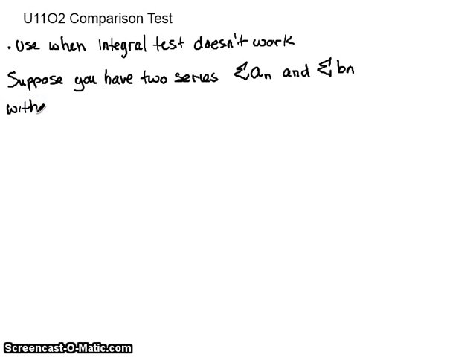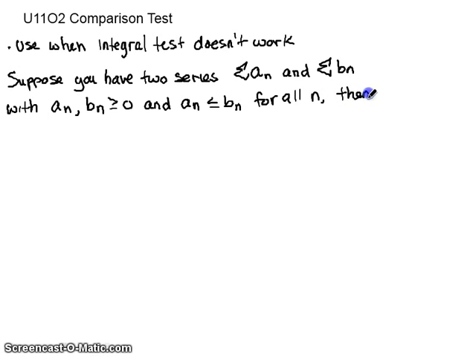And there's a couple of caveats here. We need both a of n and b of n to be greater than or equal to 0, and we want a of n to be less than or equal to b of n for all n. If that happens,